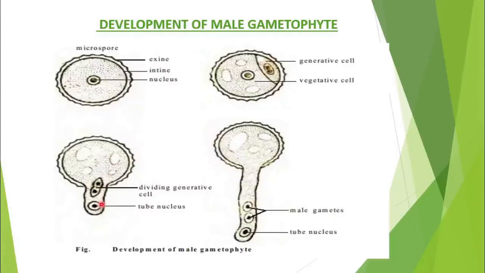As soon as the pollen tube develops, first there is entry of the tube nucleus, followed by the cytoplasm, and along with the cytoplasm the generative cell takes entry. On the way, inside the tube, the generative cell divides and gives rise to two non-motile male gametes. Hence, whenever there is formation of a tube containing the tube nucleus and two non-motile male gametes, we can say the development of male gametophyte has taken place.